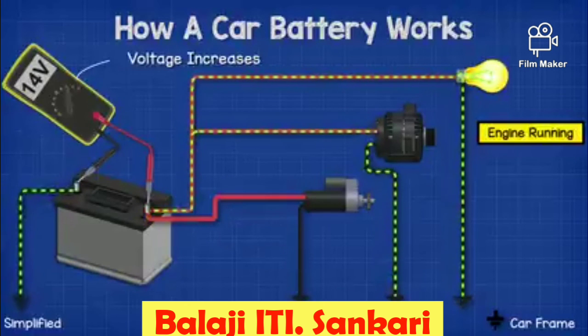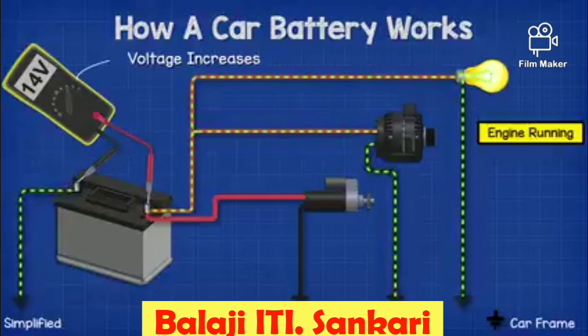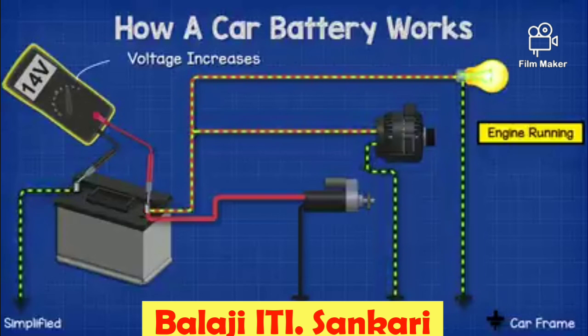Once the engine is running, the alternator should be generating electricity, and so we should see a higher voltage of around 14 volts. That's because the alternator is recharging the battery and the voltage needs to be higher to help force electrons back